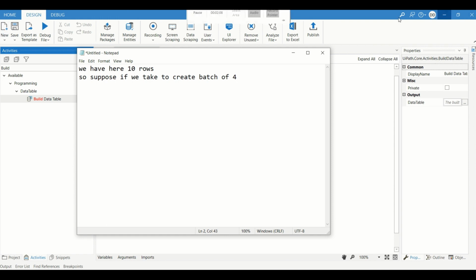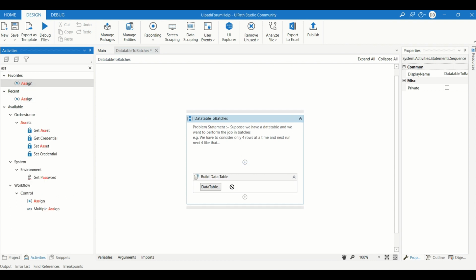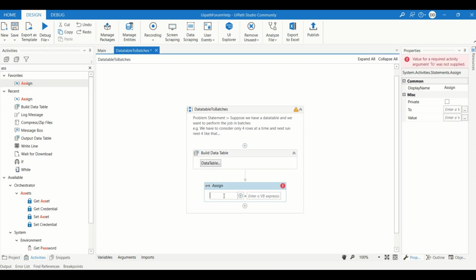I am just taking 4. I will just assign one variable. We will name it batch size, which is 4.